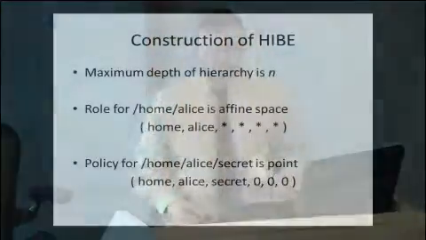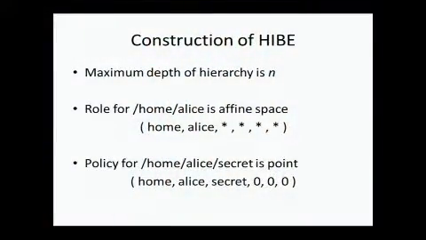Okay, so as you pointed out, this obviously captures a tree. For example, if you have a tree of depth n, and you have some sort of paths in that tree, then you assign to that the affine subspace that has the first k coordinates fixed, and the rest can be anything. So this is obviously an affine subspace,